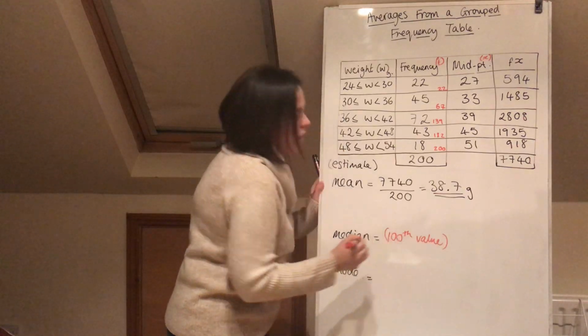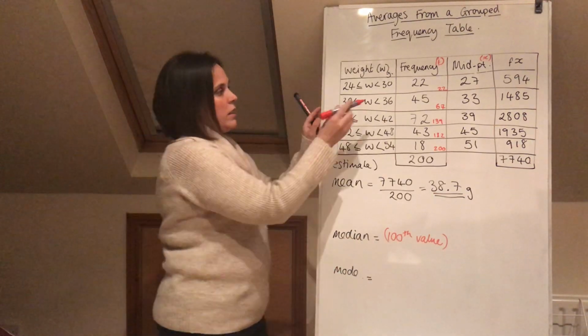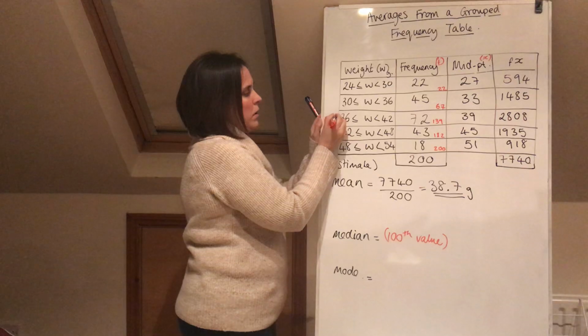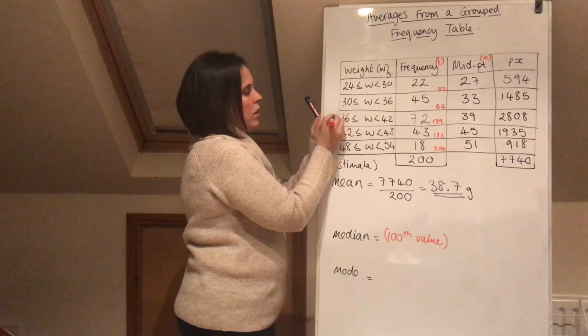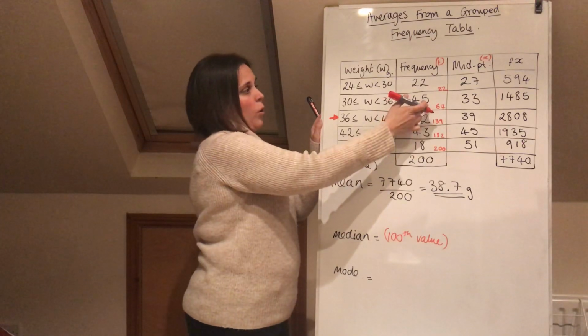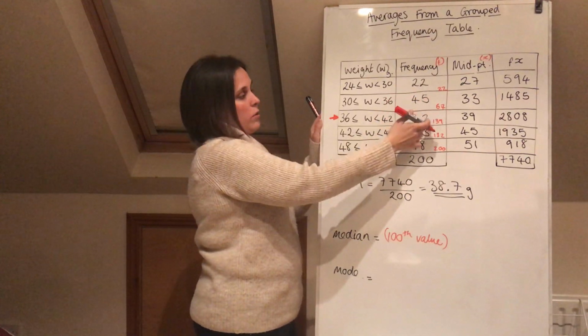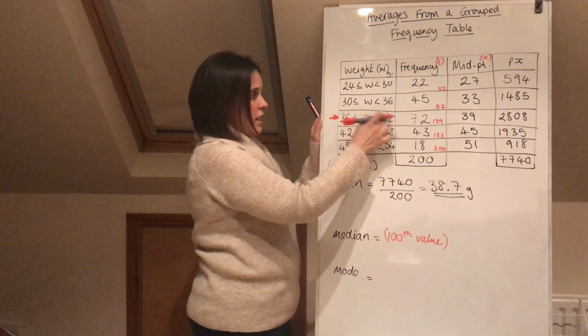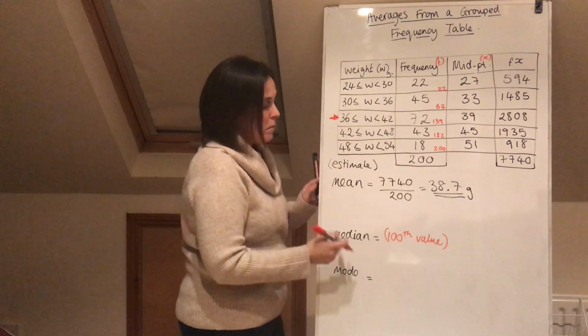Okay, and the 100th value here is going to be in this group here because that only takes you up to 67, so all the way from 68 all the way up to the 139th value is in that group, and so therefore the median group,